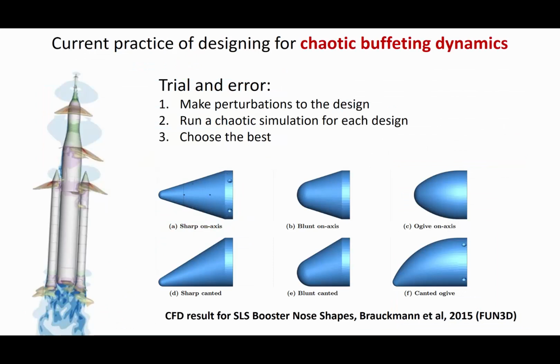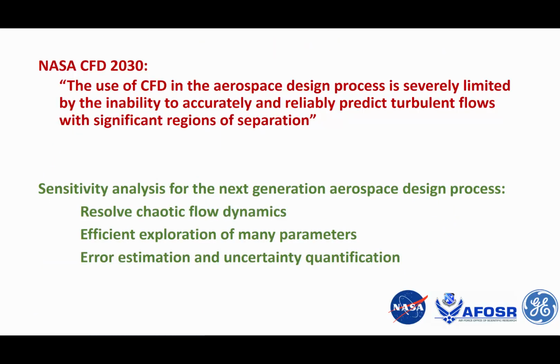So this is what NASA is doing. They try all kinds of nose shapes. They make the nose blunt, like on axis, canted, and things like that. And they run a simulation on each one to see which one works best. Of course it works, but it's an approach that is really ad hoc and potentially misses a lot of opportunities for you to make more optimal designs. So NASA CFD 2030, which is a NASA report that was produced a few years ago, says